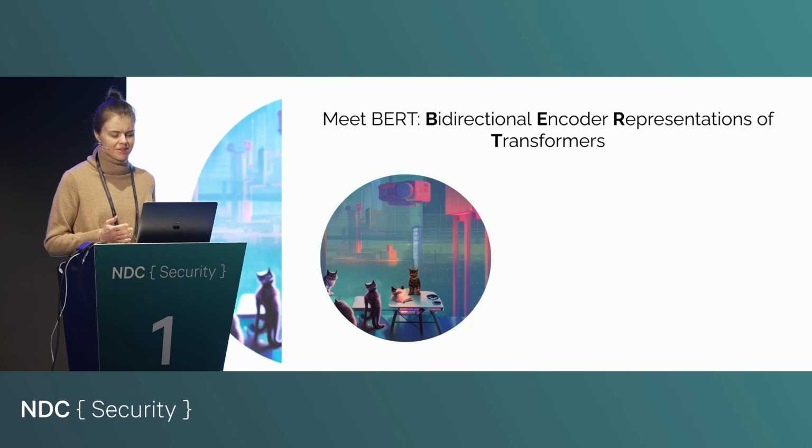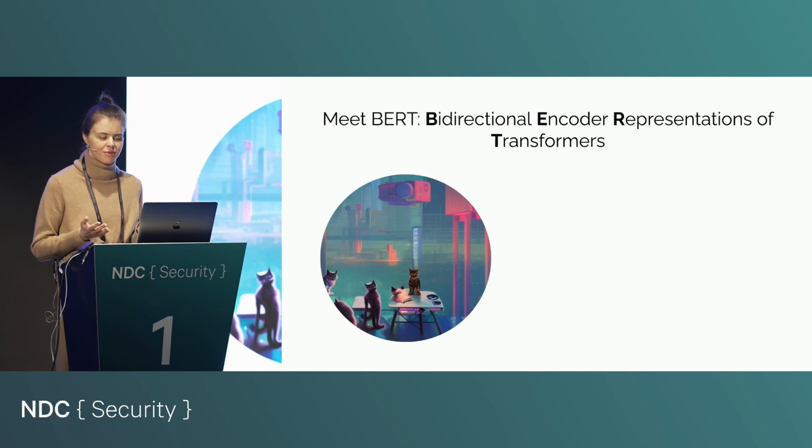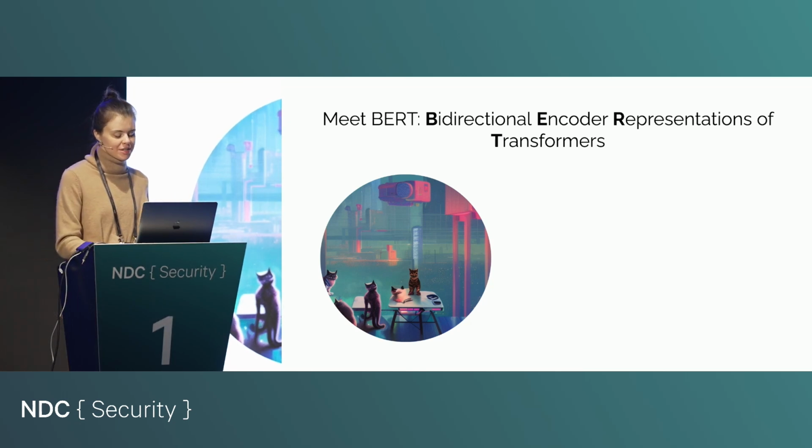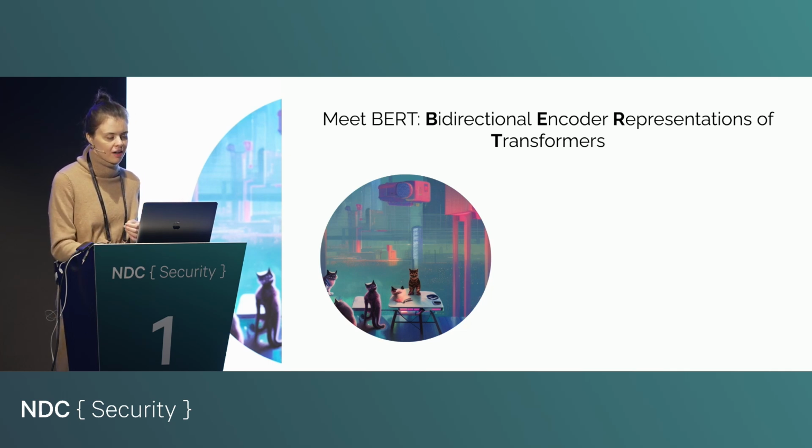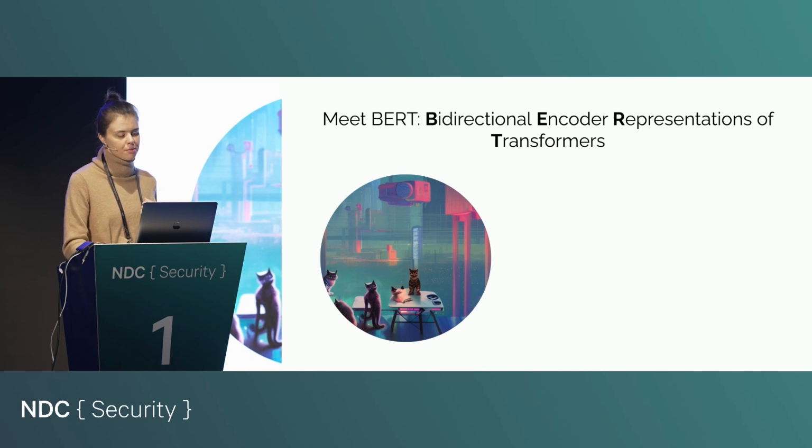It's a mouthful to say the actual name. It's Bidirectional Encoder Representations from Transformers. I'm not sure how they chose this, maybe because Bert is such a cute name, but anyway. So this was the first model that was trained using this new attention mechanism and this new transformer architecture, and it immediately blew all of the previous state-of-the-art models out of the water. It was much better on certain tasks that are used to benchmark this.